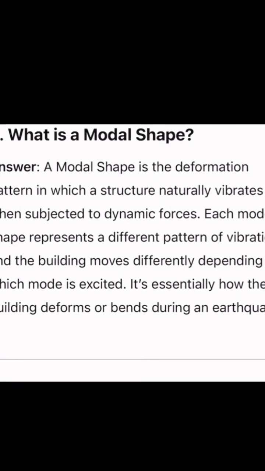So what is mode shape? The mode shape is a deformation pattern in which a structure naturally vibrates when subject to dynamic force. When the structure is subject to the dynamic force, it will start vibrating. That's natural vibration, how the deformation pattern is happening. That's what we call a mode shape. Each mode shape represents the different